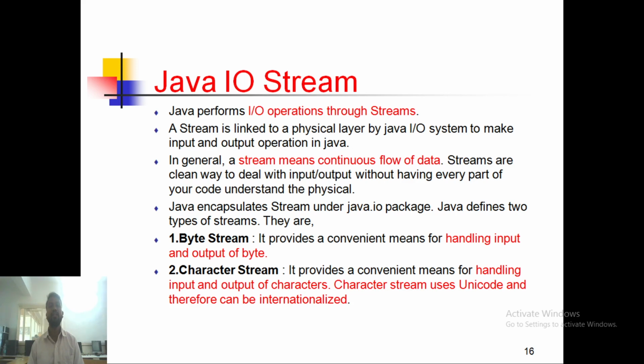There are two types of streams. The first is byte stream and the second is character stream.